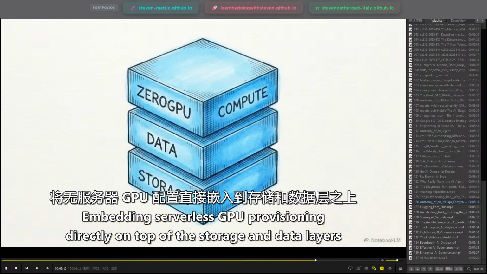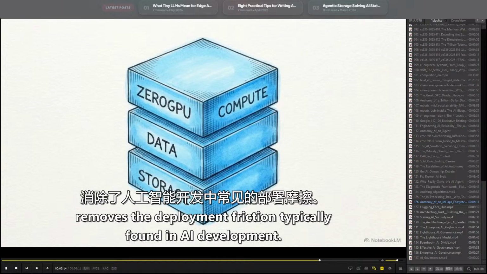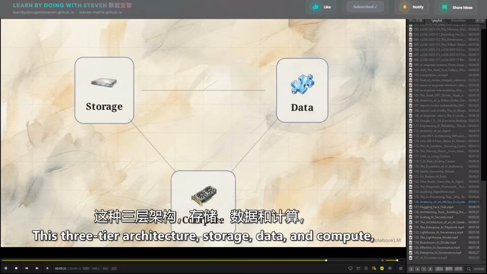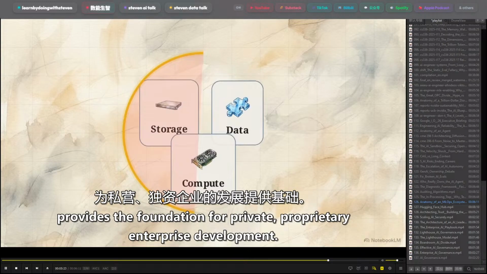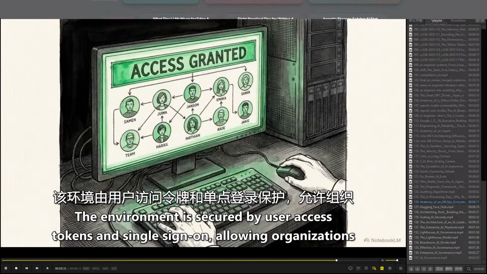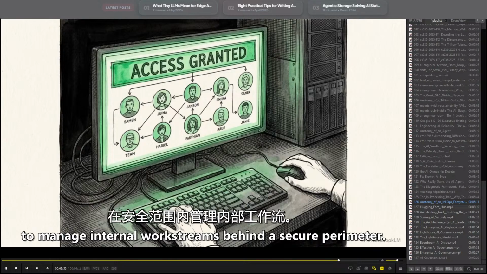Embedding serverless GPU provisioning directly on top of the storage and data layers removes the deployment friction typically found in AI development. This three-tier architecture, storage, data, and compute, provides the foundation for private, proprietary enterprise development. The environment is secured by user access tokens and single sign-on, allowing organizations to manage internal work streams behind a